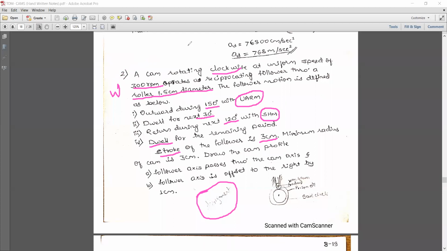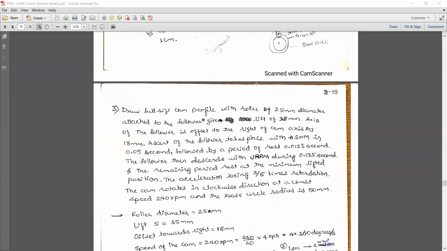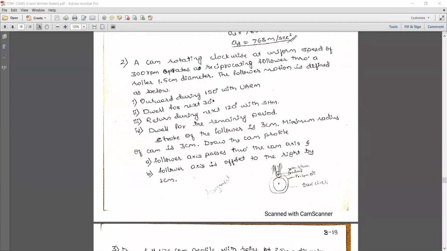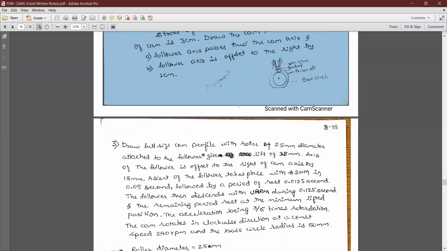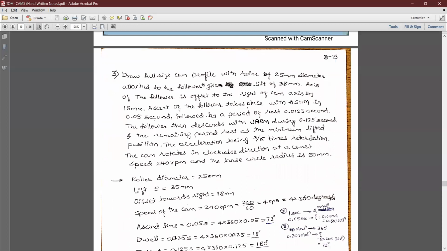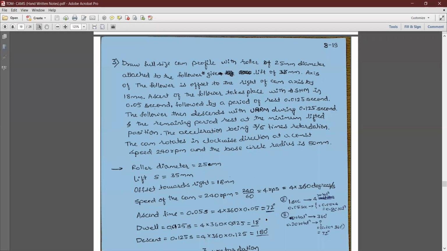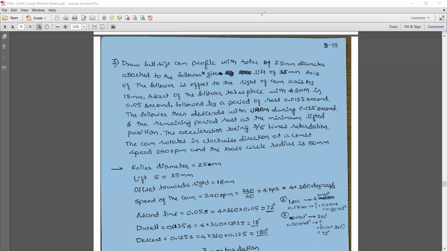Okay, so let me start with one more problem of the roller follower. This is one of the simplest methods. What we are doing here is a simple method. I'll tell you a little more. In the complex method, they have given the duration not in degrees but in terms of seconds. Please listen step by step, read every sentence, every word to understand the meaning of each line.